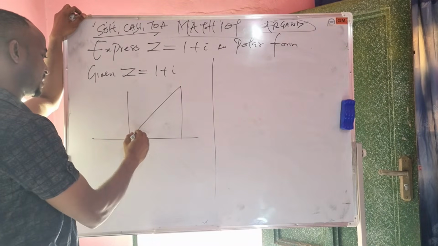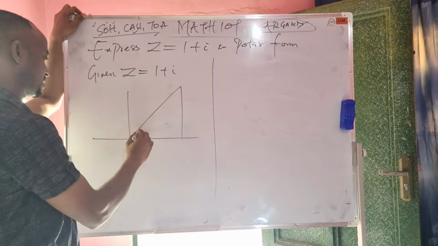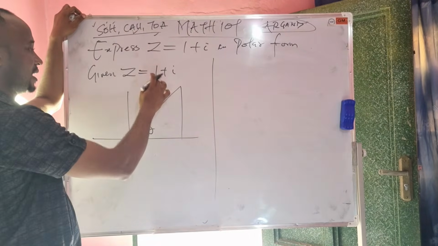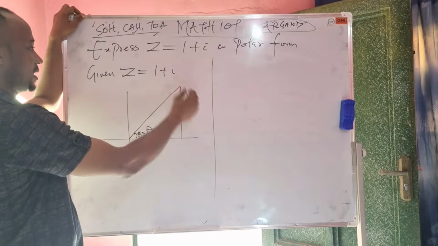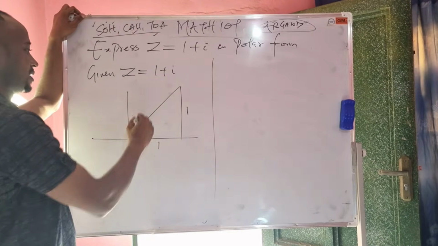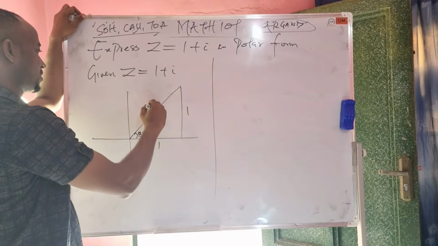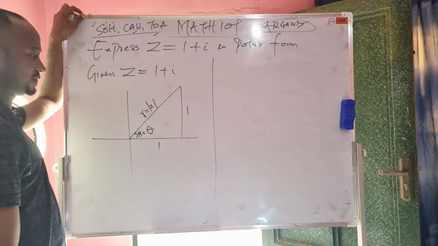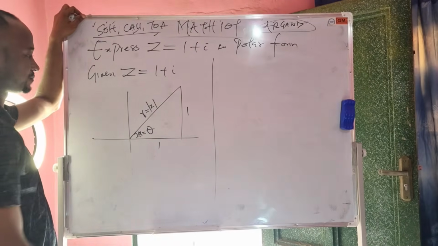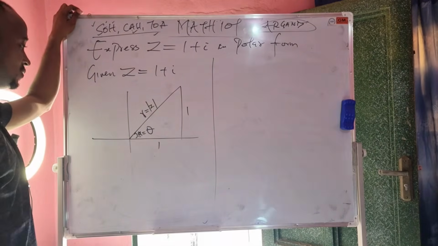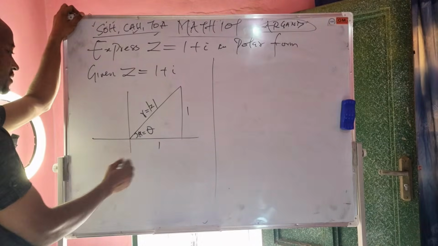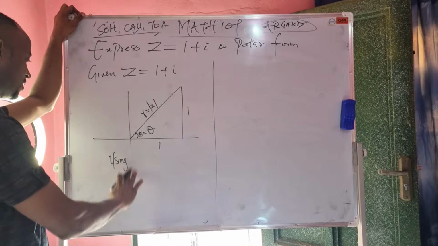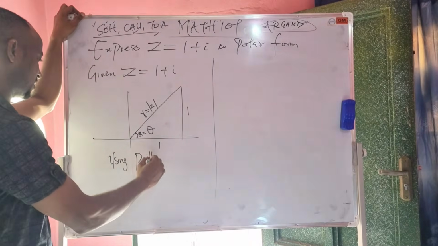Here we have that our alpha is equal to theta. Don't forget, the value of our x is 1, value of our y is also 1. Here we have that r is equal to the modulus of z. Are you following? The next thing we need to do is to find the value of r using Pythagoras theorem,